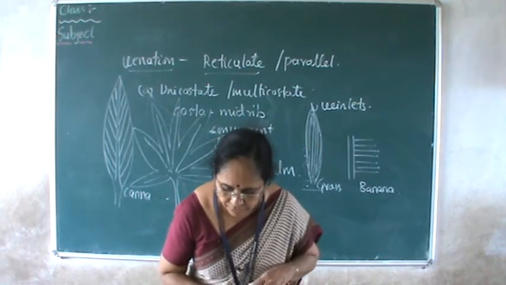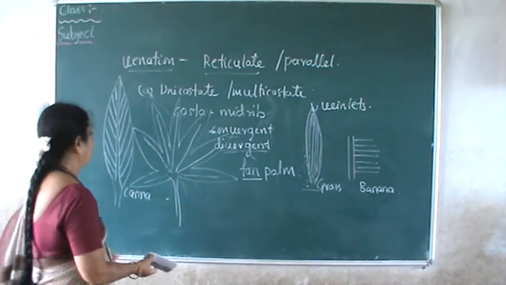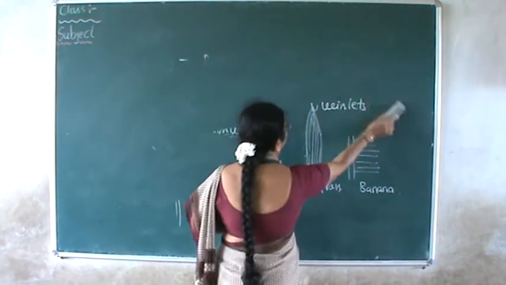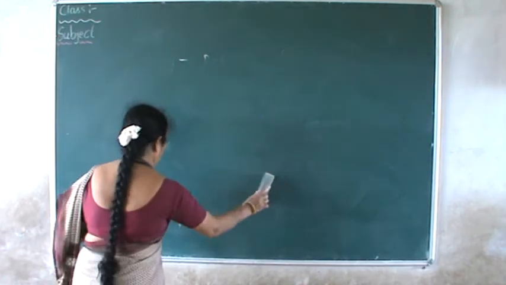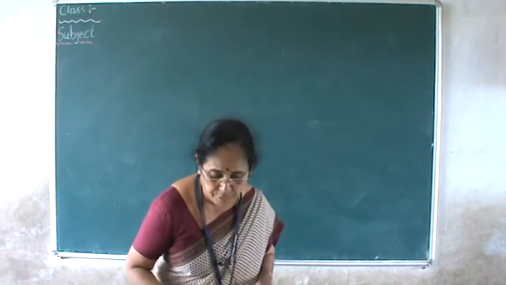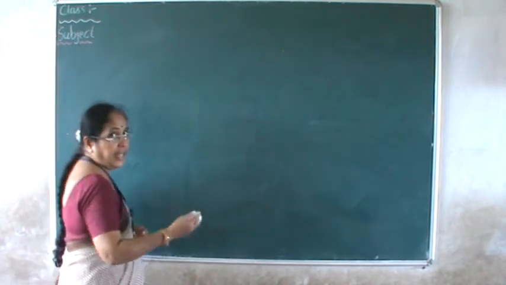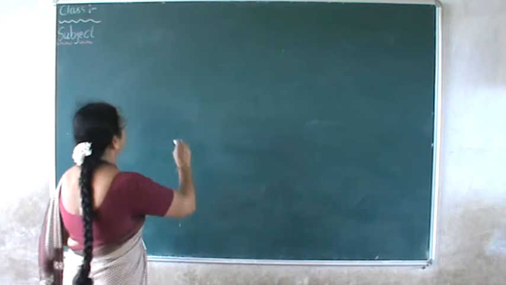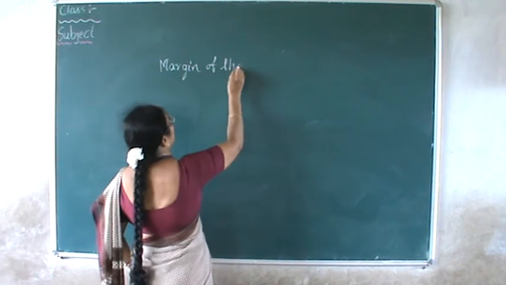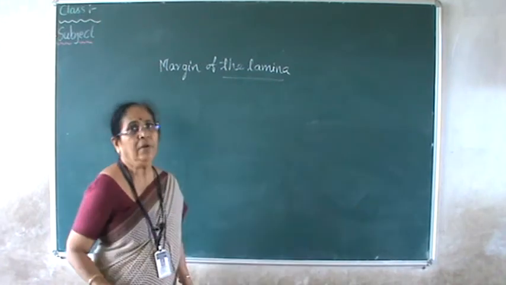After the venation, you have to describe the margin of the lamina. The next part of description is with respect to the margin of the lamina. Let's continue with the margin of lamina. I am not going deep into all the shapes and all the margin types; I will give some words, and that will come in the theory part of your morphology syllabus. So the margin of lamina is the next part. The margin is to be explained. You have to check the margin of the individual leaf.